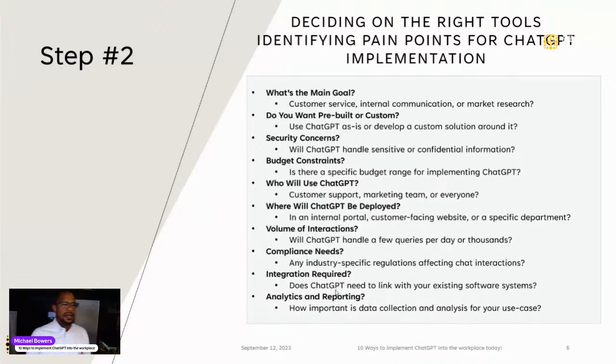Another one is understanding, when you're looking at tools, security. So up until recently, there weren't enterprise versions of the application. So you would have to build out your own chatbot, which takes a bit of programming, but you can build your own chatbot so you can have it in company and no one else has access to it, because by default, with all of the different chatbots, your information is not immediately being shared, but they are able to include it in what they reference for responding to a future request.